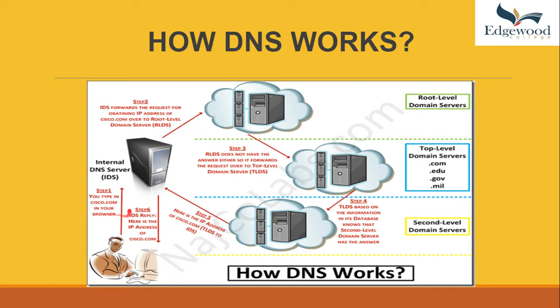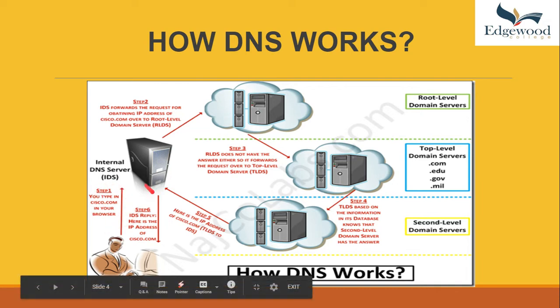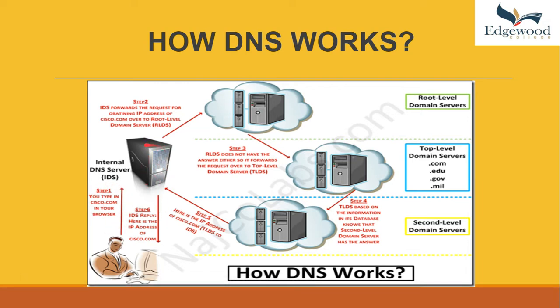If you look here, this man typed cisco.com to the DNS resolver. The DNS resolver checks through its records. It doesn't have the IP address for cisco.com, so it could not access the page. It sends it to the root level domain server. This root level server checks the extension, .com, and directs it to the appropriate